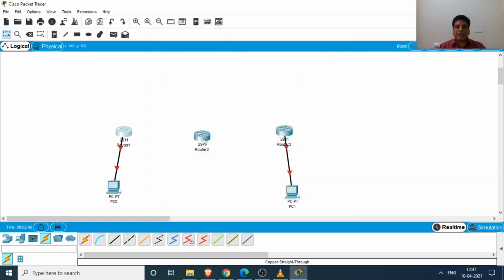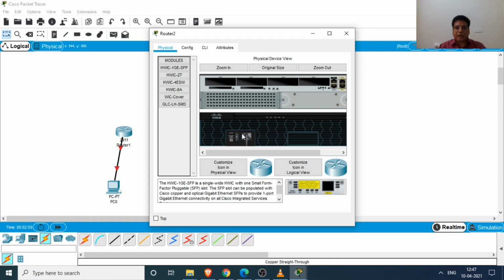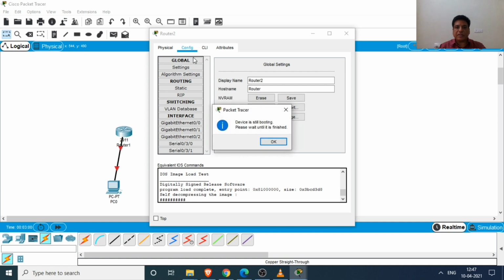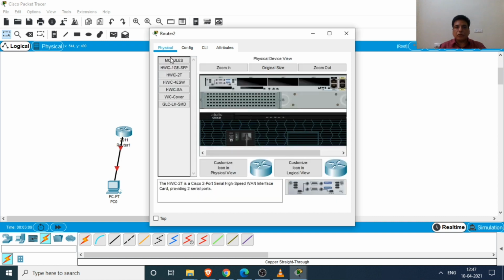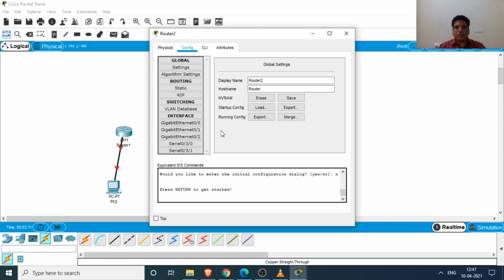Similarly, we will add the ports in the second router. Power off the switch, HWIC-2T, drag the ports, power on the switch. Again we see that the router is rebooting and it inserts the 2 ports in the router also.